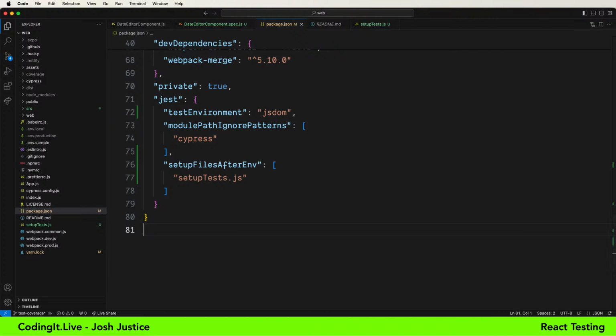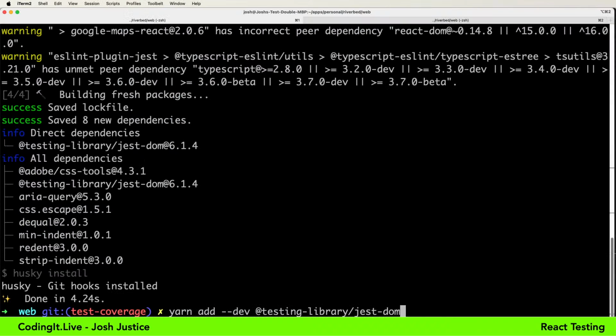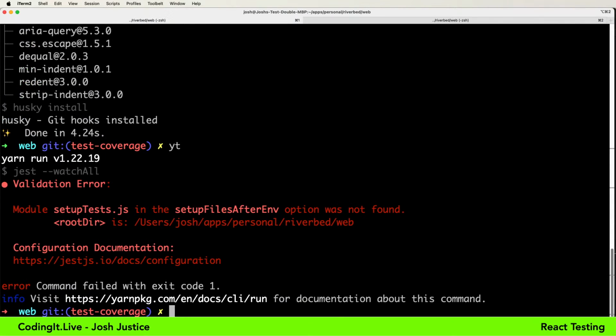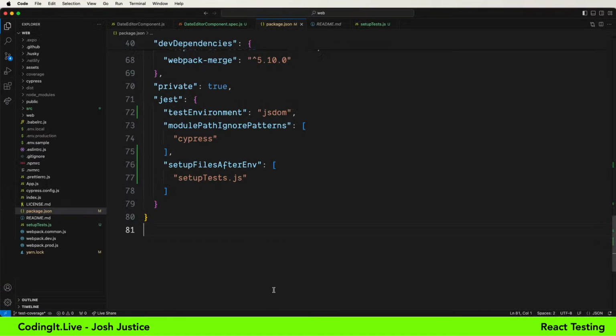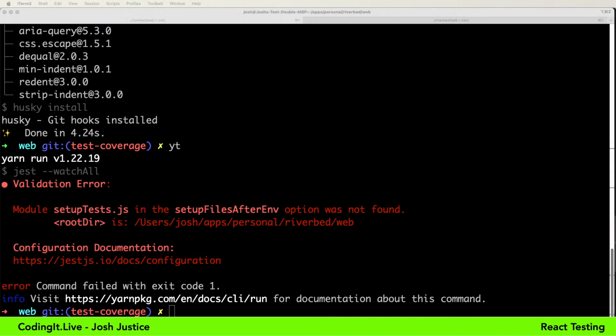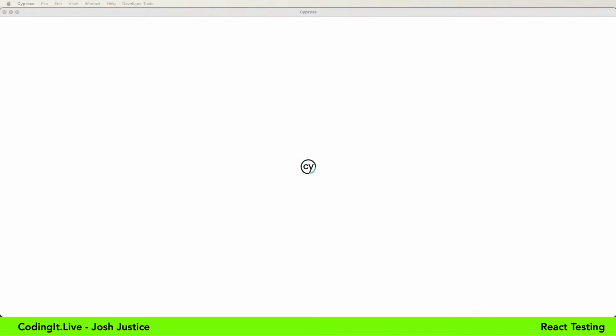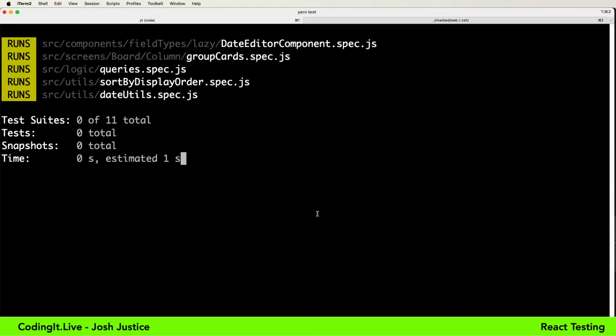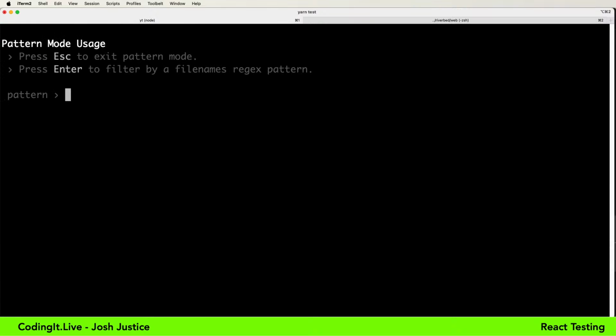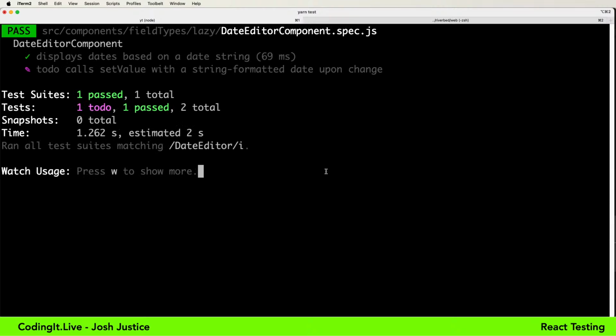Yeah, I'm pretty sure this will work. Module setup tests not found. Nope, Cypress, go away. We don't want you. Date editor. And it actually passed.